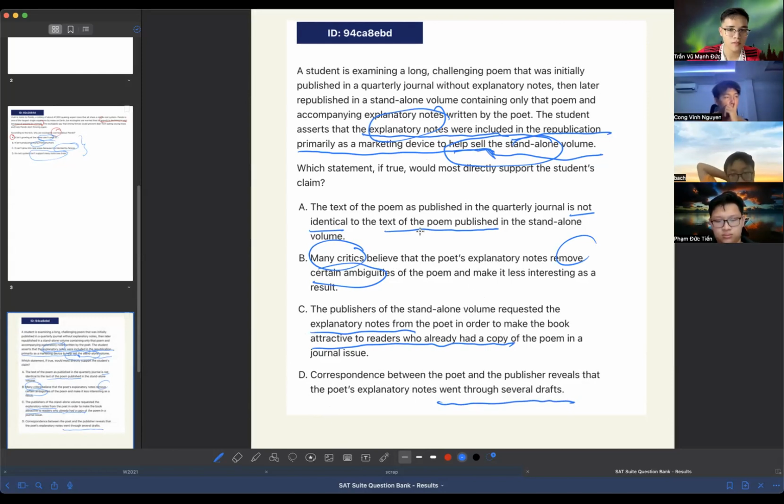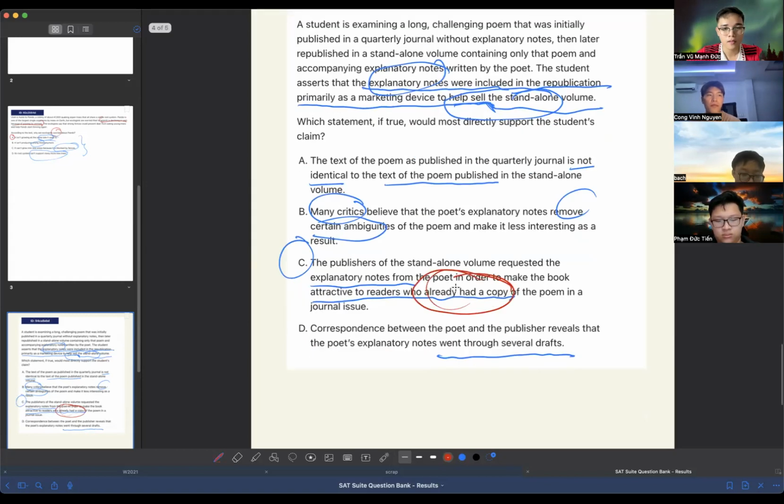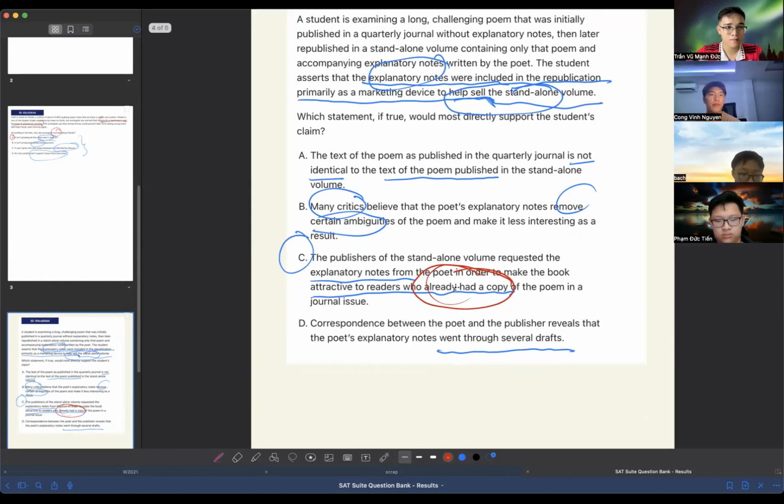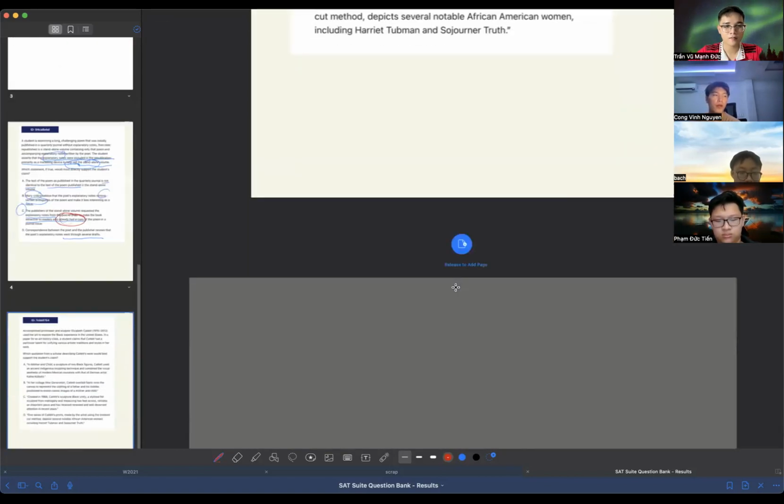C. Specifically which part of C? Attractive to readers. Exactly. Attractive to readers who already had a copy. You can see, they already have a copy, and then they buy another one. That means monetary benefits. You get more money. Yeah, that's precisely it, because it's that easy. Next one is,